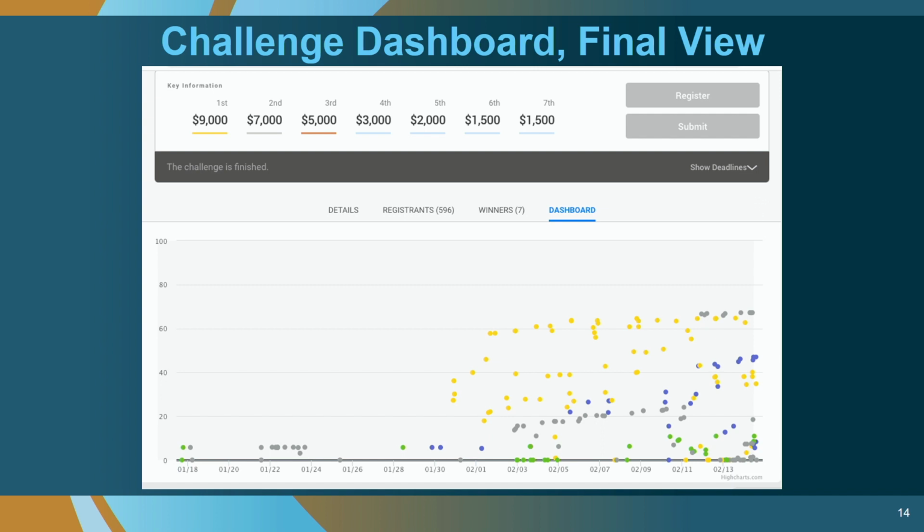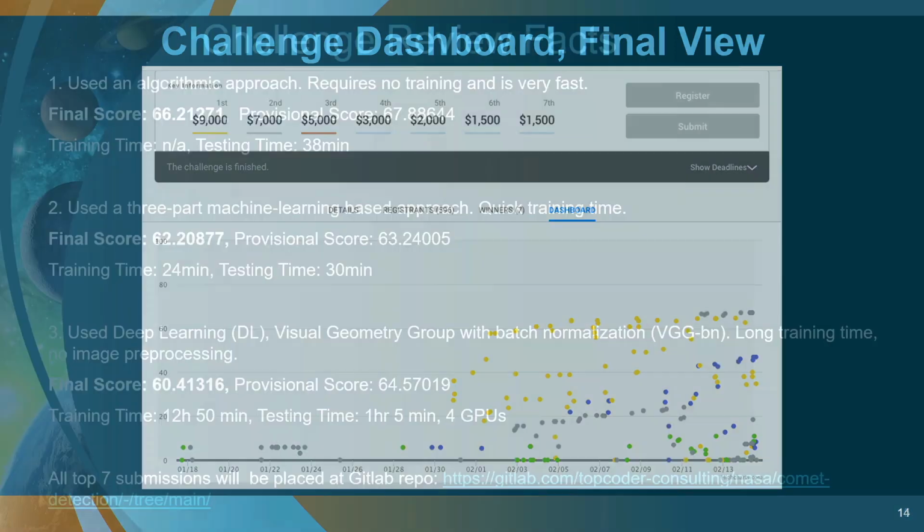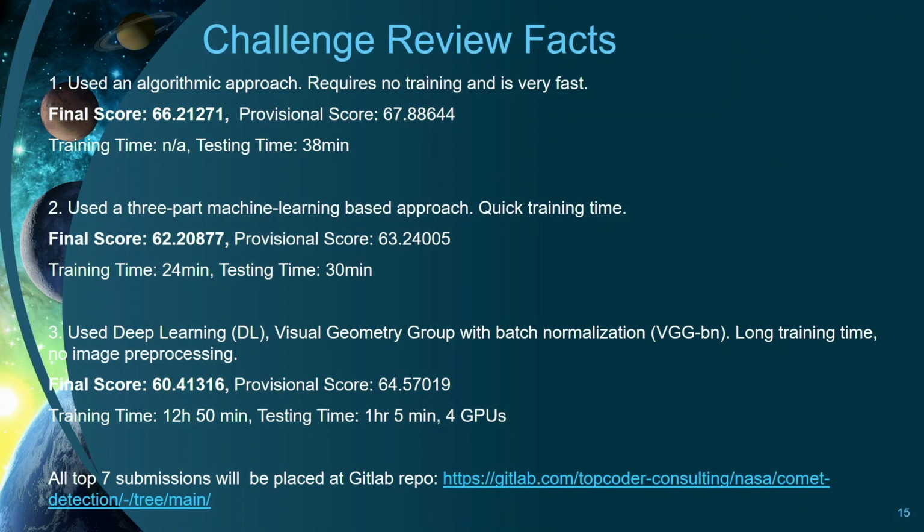This shows you how we tracked the score. We developed scoring for this particular challenge, and it shows you how scoring changed over time. Our highest possible score was 100, and the highest achieved score was 67. Let's go to the next slide. It shows you the approaches of our winners